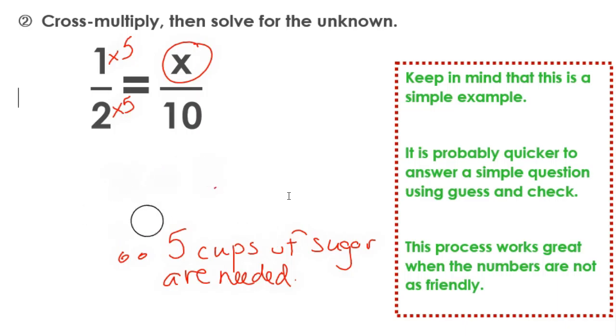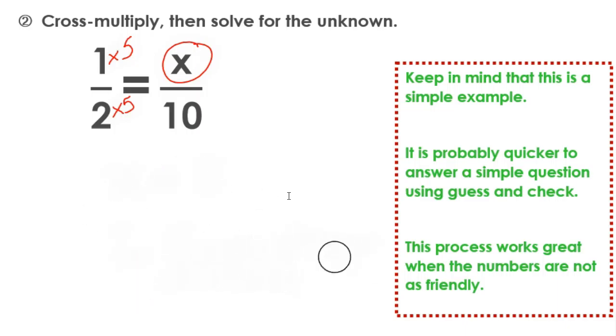But again, I want to demonstrate what to do if you're stuck with some really nasty numbers. And the process is actually quite simple. It involves algebra. So some of you are quite comfortable with that and may find that that works well for you. So how do you cross multiply? I'm going to show you. It doesn't matter whether you start with the denominators or the numerators, but you need to multiply across from the denominator or the bottom of one fraction to the top of the other. So 1 times 10 gives me 10. And then you need to multiply the denominator of one fraction by the numerator of the other. So that gives me